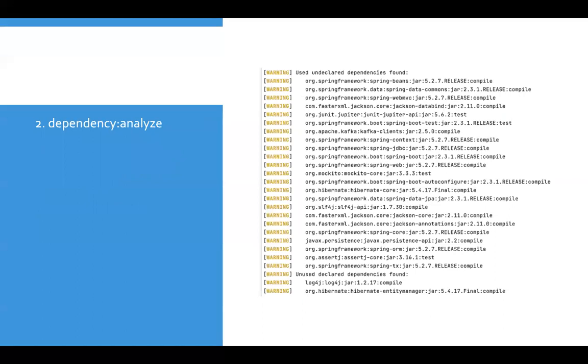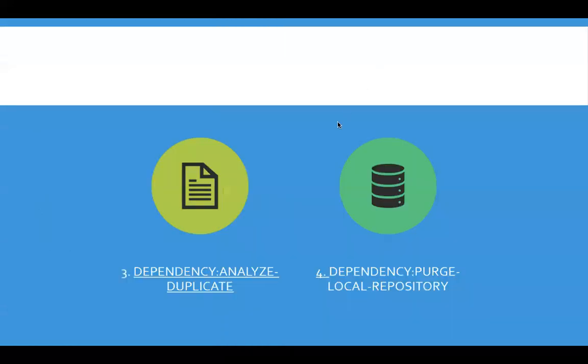The next Maven goal is called dependency analyze. It basically analyzes the dependencies of your project and determines which are used and declared, used and undeclared, or unused and declared. If we run this goal for your project, it shows us this output. It shows used undeclared dependencies found. Sorry, yeah.